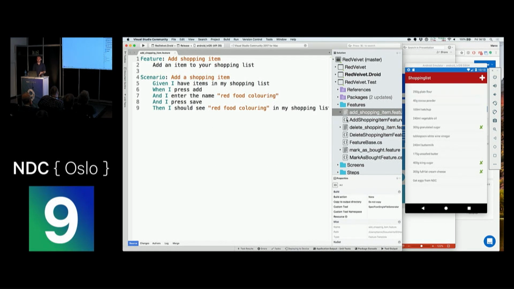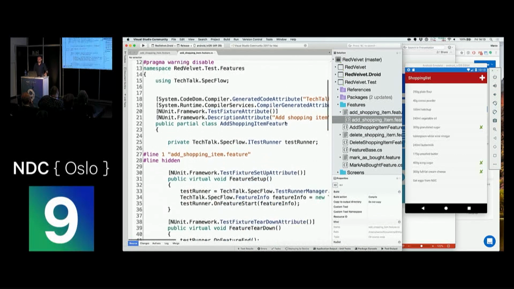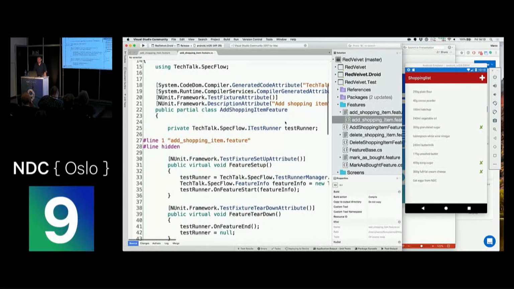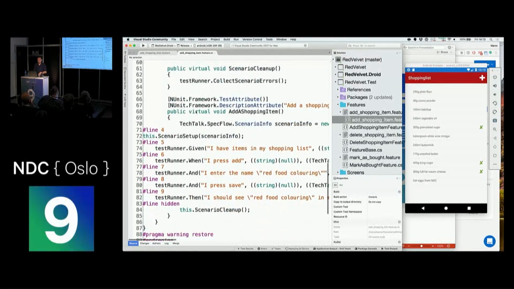Behind this, there's a so-called generated file, and this is SpecFlow magic. Or it's not that much magic, but at least you know there's generated code behind this file. All kinds of stuff is going on, but eventually, these are the lines that are really important, because this is the actual unit test that we'll be executing. You don't need to look at this file because obviously it's generated, but know that it's over there.